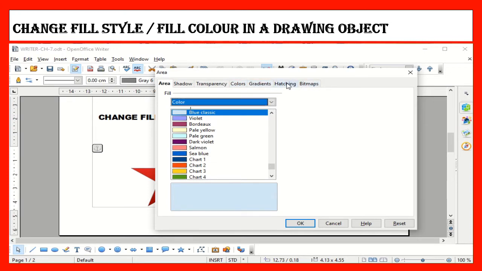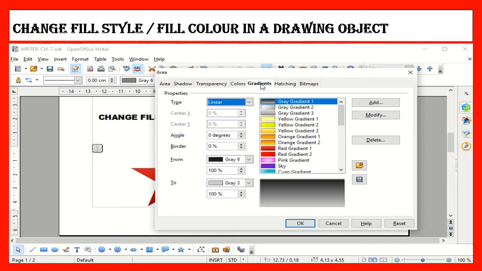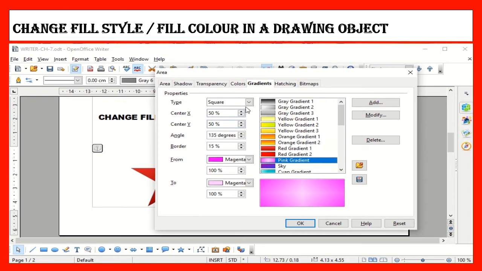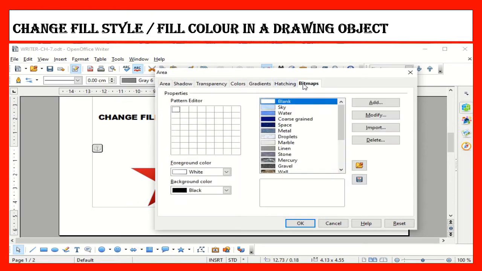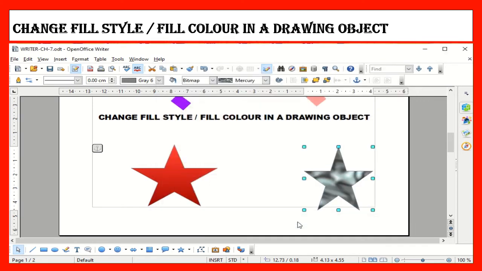Say for example, if you are selecting hatching, select any of the required hatching and you can give OK. If you are selecting gradient, select any of the required gradient and you can give OK. Like this, if you want to give bitmap, you can select any of the bitmap and you can give OK. So like this, you can change the fill style or fill color in a drawing object.